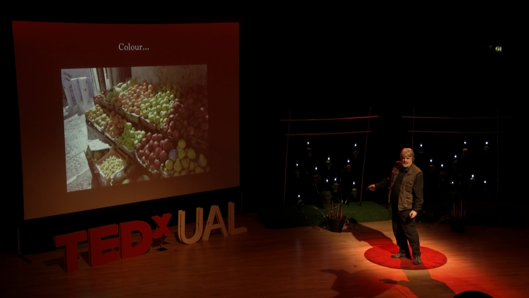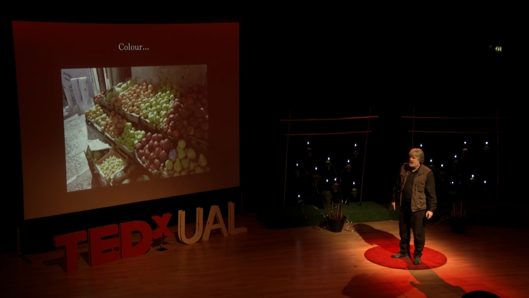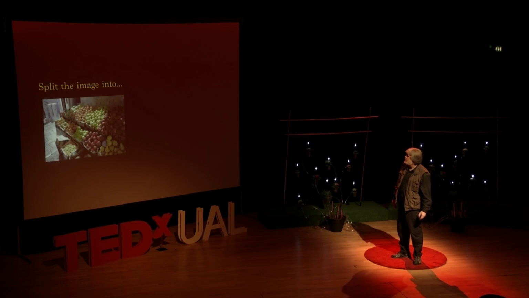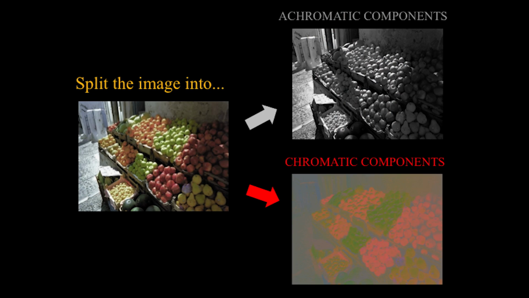So if I change the colour, you can see immediately which fruits are which. So colour is important because it helps us to discriminate objects from their surroundings. But how important is it? If I take this scene and split it into its achromatic or monochromatic components and into its chromatic components down